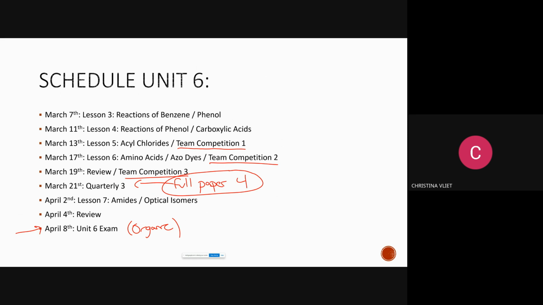That way you save time. You don't have to spend time outside of class doing it. I try to do as much within the class period as possible. There are already 5 reactions we covered last class. So make sure those 5 reactions get on your flashcards. Today, we're going to start with